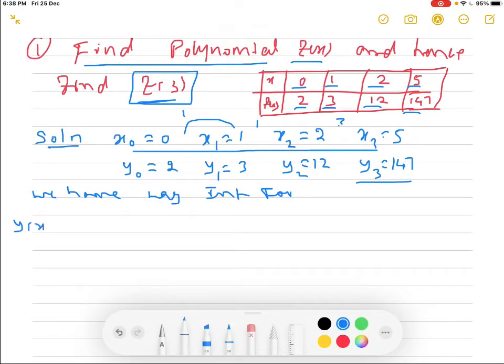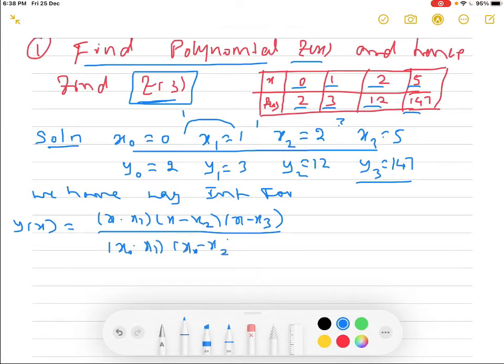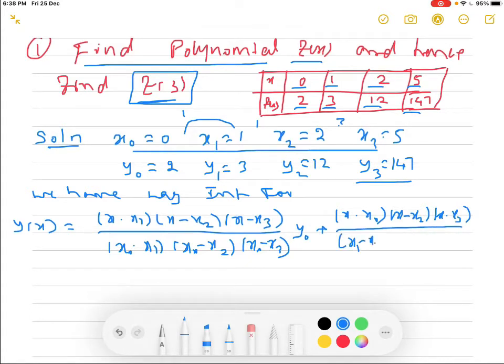We have Lagrange's interpolation formula for given points, that is y of x is equal to x minus x1 into x minus x2 into x minus x3 divided by, we have to subtract from x0, x0 minus x1, x0 minus x2, x0 minus x3 into y0 plus x minus x0, x minus x2, x minus x3 divided by, subtract from x1 minus x0, x1 minus x2, x1 minus x3 into y1